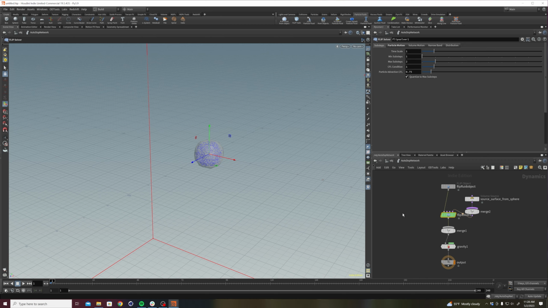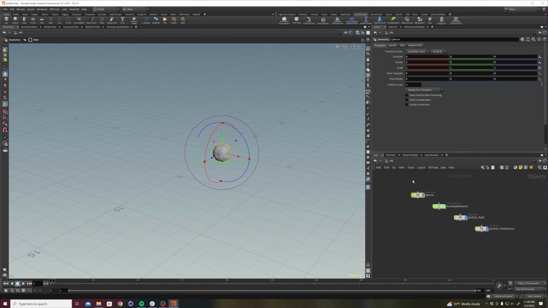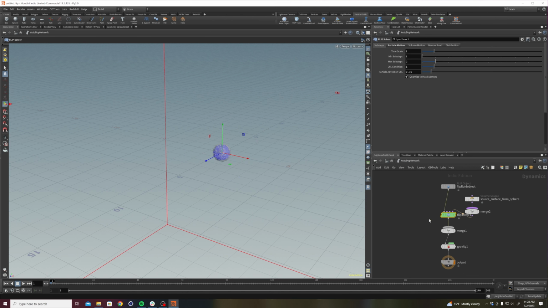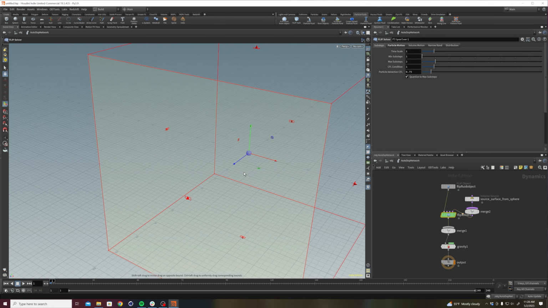Okay, it's going to calculate for a sec, and then it's going to set up a bunch of stuff for us. So I have my sphere, and now it's brought in this DOPNet particle fluid interior for me. If we go into this DOPNet here, you can see that we're using the sphere that I've built as the emitter. If I hit play now, we have liquid dropping down, and we have this